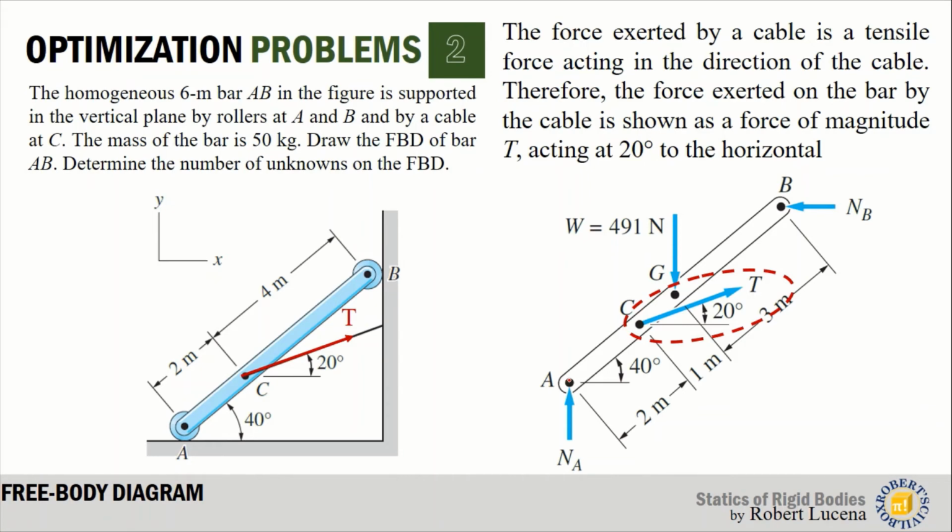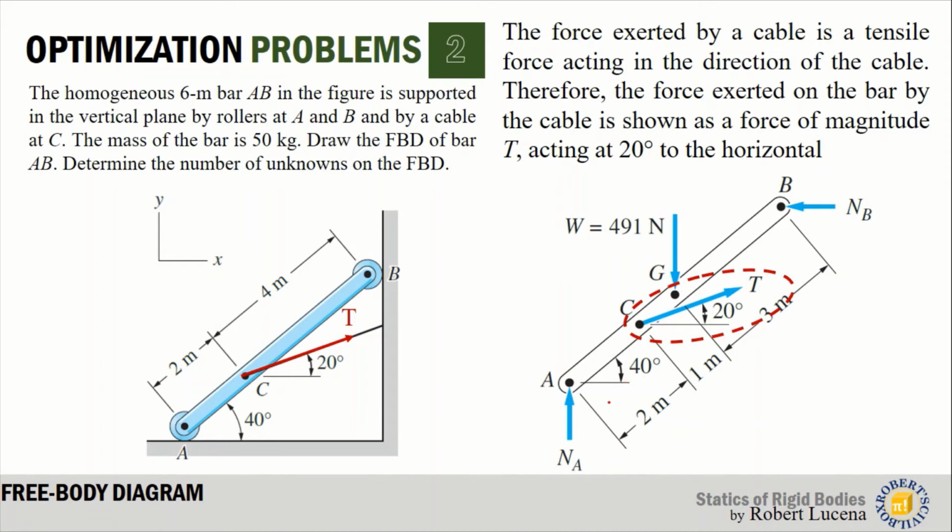Now, a cable cannot support a compressive force but rather always in tension. The reason why it is drawn away from point C and the orientation of the tensile force T is collinear or similar with the inclination of the cable. So after drawing all or including all the applied forces and the reactive forces, the next thing you do